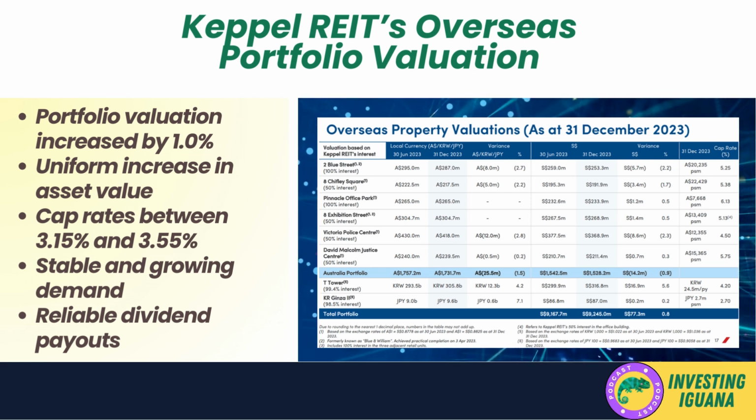in value. This could point to a softening in the Australian real estate market or an adjustment phase post-valuation peaks. However, the capitalization rates remain relatively high for these properties, especially Pinnacle Office Park at 6.13%, suggesting a higher yield potential relative to their market value, which could be attractive to yield-focused investors. The T-Tower in South Korea and KR Ginza in Japan present a contrasting picture, with T-Tower showing a noticeable increase in valuation, which could be indicative of a robust property market in Seoul or the success of specific strategic initiatives by Keppel REIT. KR Ginza's valuation also increased, though more modestly,